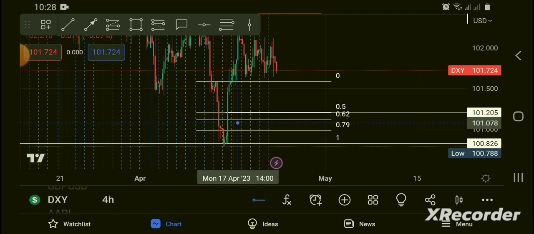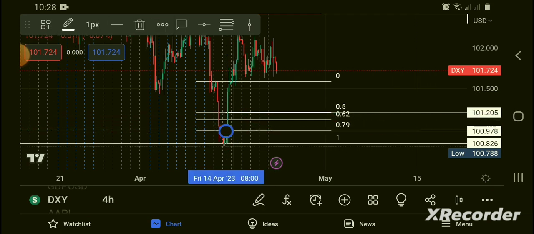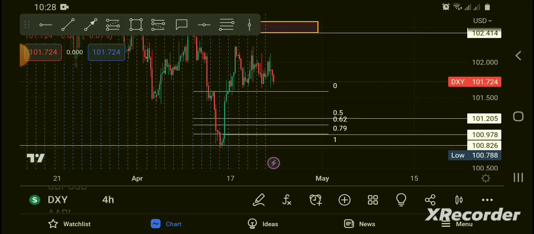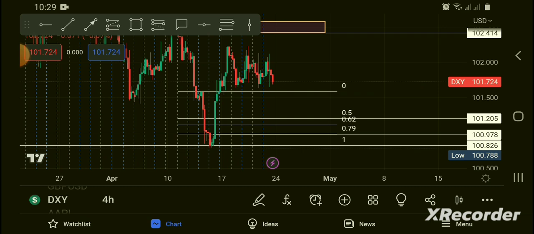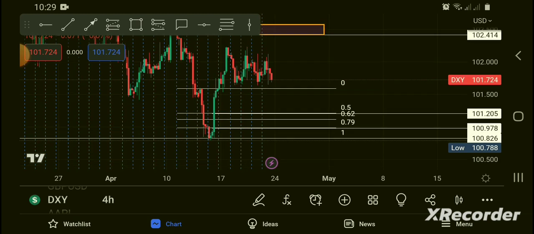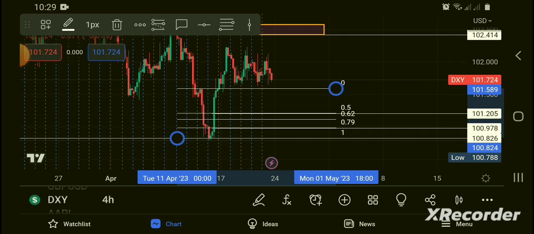Also, I look at the OTE. Now, for those people who are familiar with ICT, the OTE is the optimal trade entry point, whereby in a discount zone, it is the most probable zone for buying, and in premium it is the most likely zone for selling. You guys can check out ICT to understand these terms properly. So if I map this out,